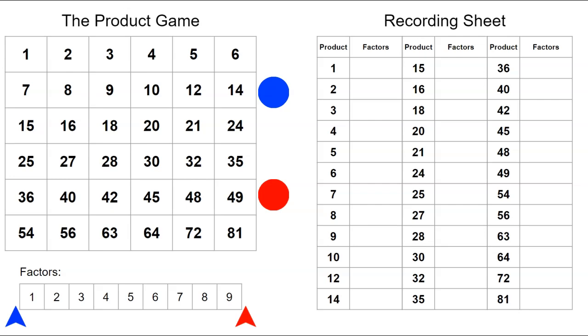This is called the product game. You'll need two players. One player will be blue and one player will be red. First, player 1, in this case we'll call the blue player, moves the arrow on the number in the factor